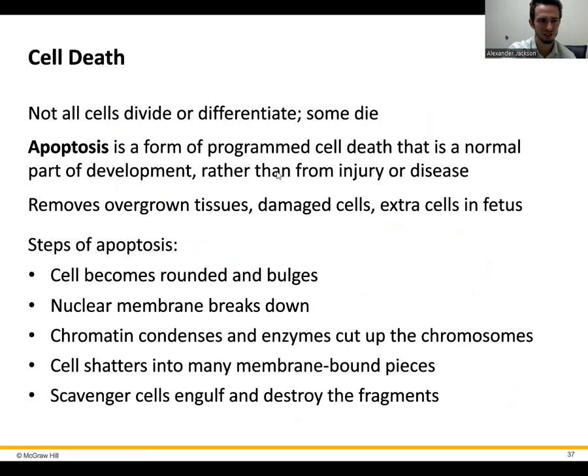Last thing, cell death is called apoptosis. Some people may say it differently. I've heard it said millions of different ways. This is just programmed cell death. Why would this happen? Well, sometimes your cells get sick in a way. So maybe they screw up their DNA. They're making more DNA and it gets screwed up, and now the cell is going to really wreak havoc on